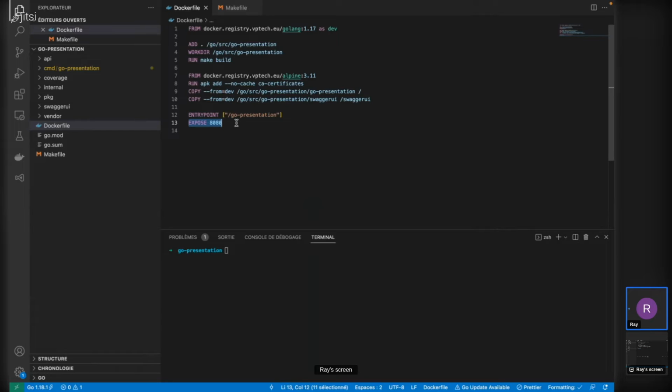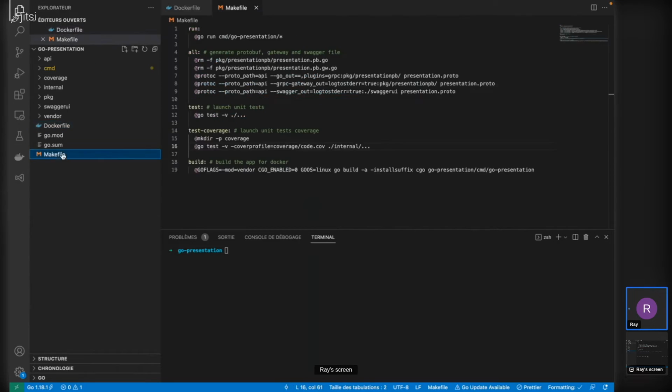Once the Dockerfile is done, I have to build the Docker image. So I will add another command in my makefile. Docker build.